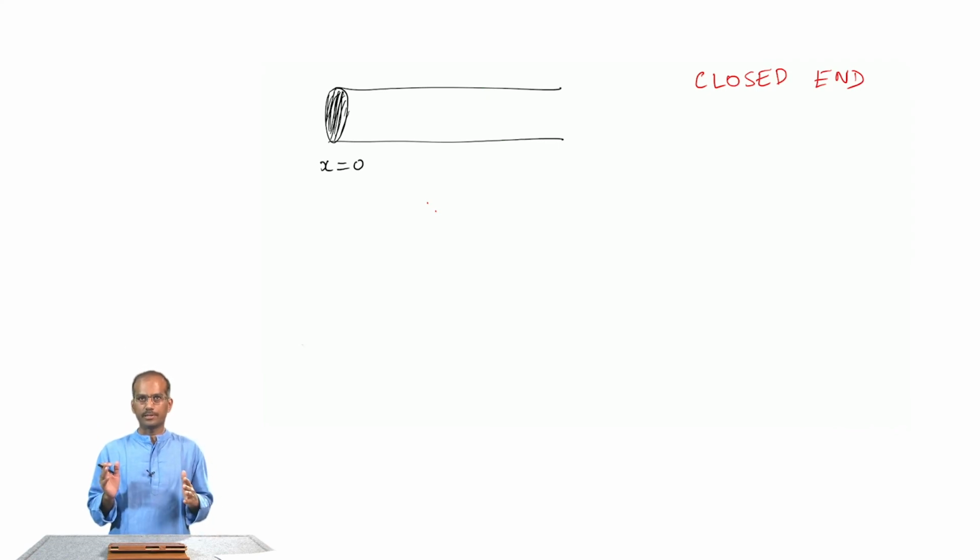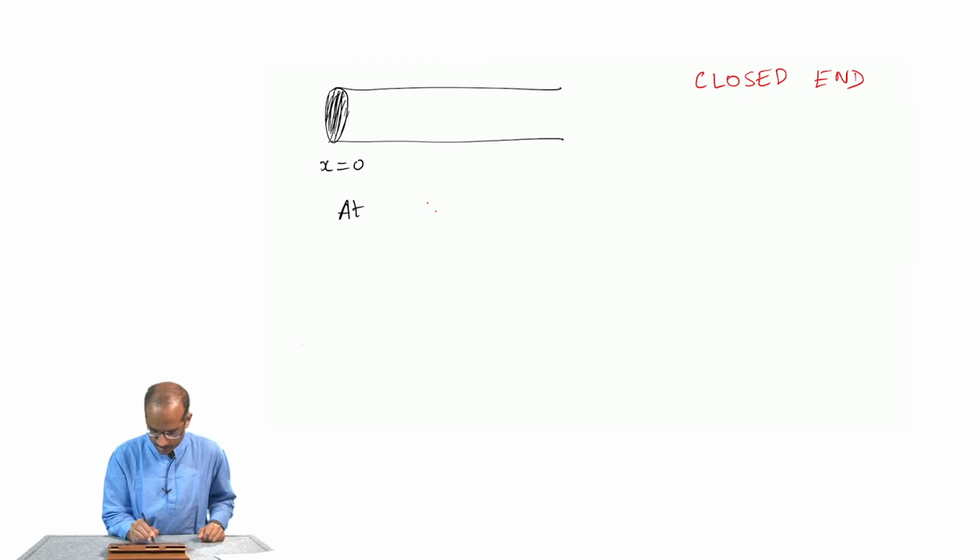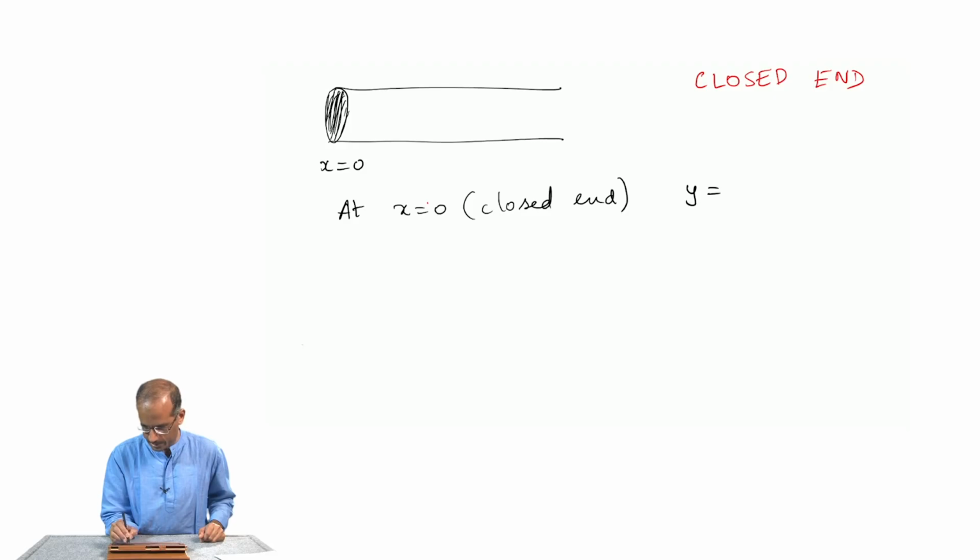If they move away in the other direction, of course, they would be creating vacuum there, and neither can this mass of air enter the material there at the closed end at x equal to 0. So, in this case it is the closed end, y is equal to 0,